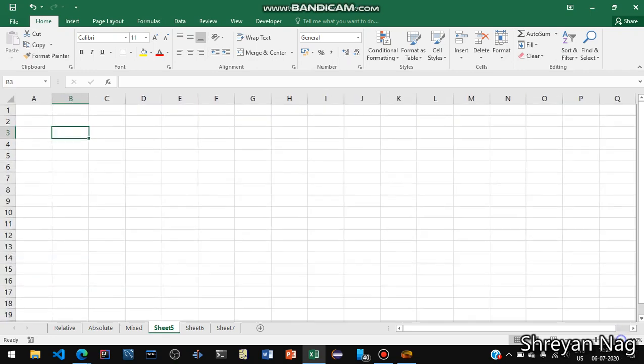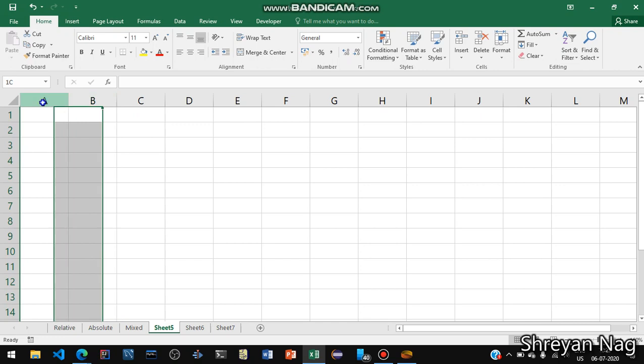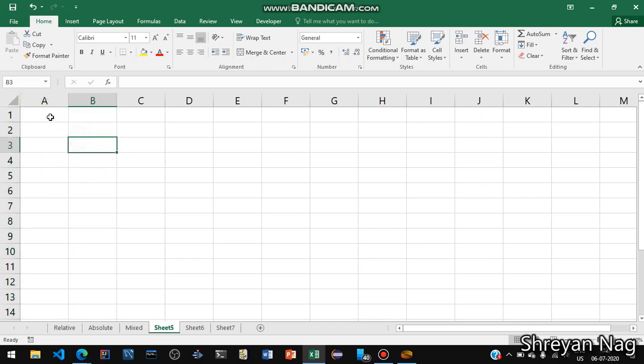So if we zoom in to 160%, you can see that the cell we have selected has the address of B3. So B3 stands for, B is the column, from A, B, C, D until where it ends.